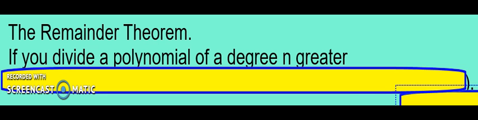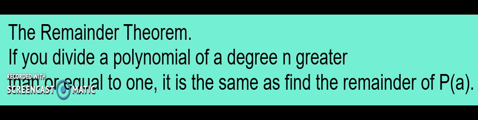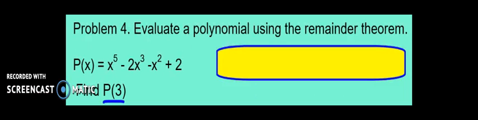The remainder theorem says if you divide a polynomial by a factor, whatever your remainder is, it's the same as if you plug that value into the polynomial. So I'm going to evaluate this polynomial function by using the remainder theorem, and to do that I have to